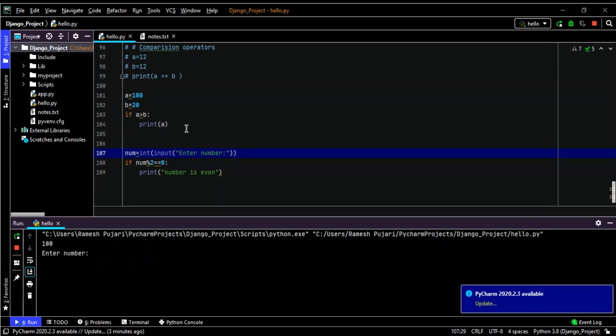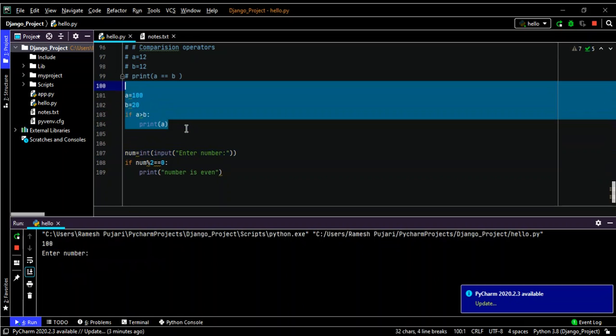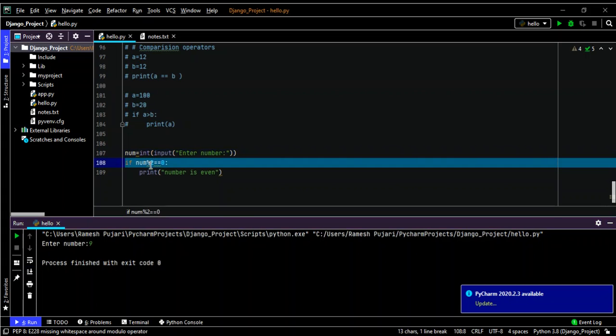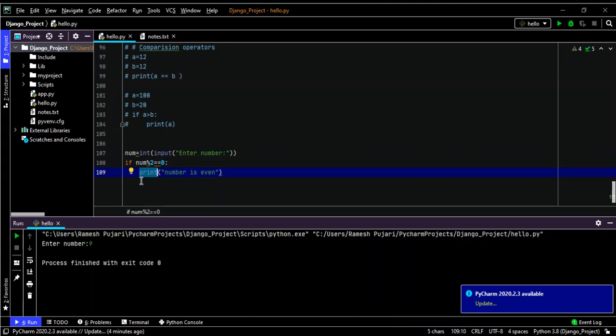Now we are going to run this program so we get to know the if conditions more specifically. Sorry, I will comment this code. I will stop the execution and run the code again. Enter the number. I will enter 9. It won't return anything because the condition becomes false. It won't go to the else part because I am only checking the if condition here. If I enter an even number, it will return that the number entered by the user is even. I will enter 10, which is an even number, so it will return number is even. This is the usage of the if statement.